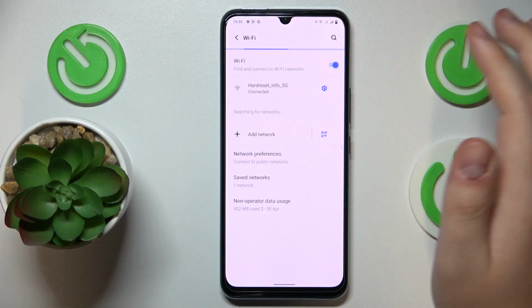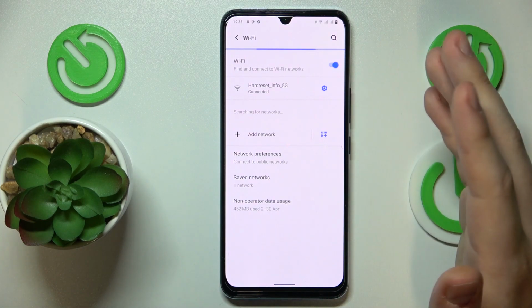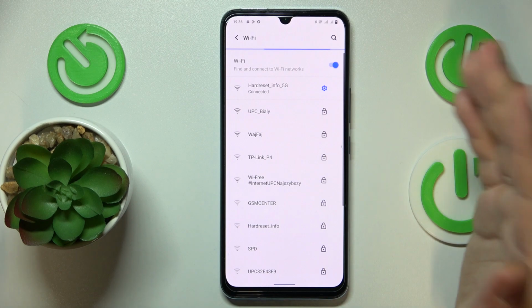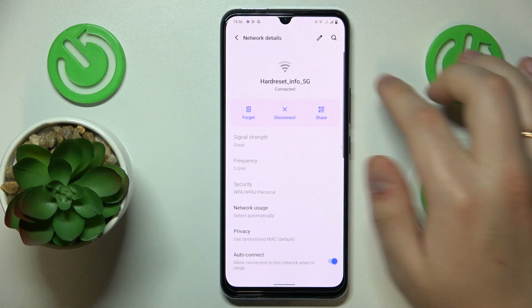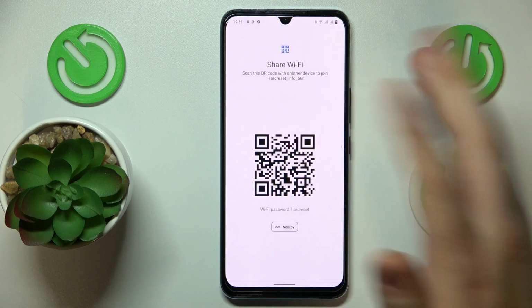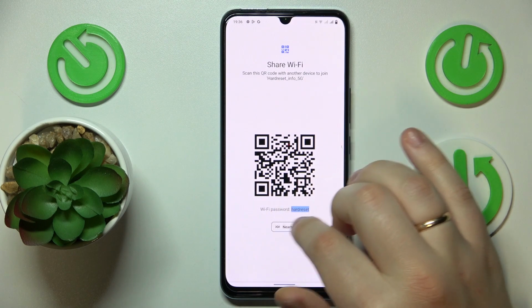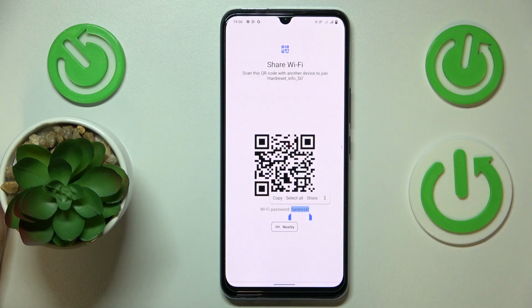at the Wi-Fi, then assuming that the network you would like to reveal the password for is the same network you are currently connected to, you gotta tap on it. Then at the network details page, go for the share option, and at the share Wi-Fi section, you can actually see the Wi-Fi password or the password to this particular Wi-Fi network, as well as QR code that you can